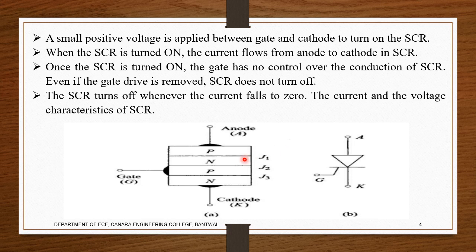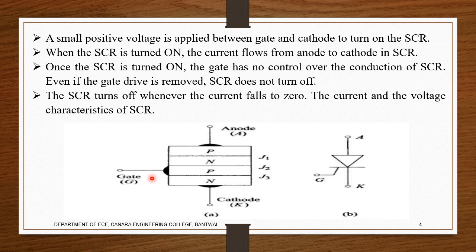But remember one condition. Unless and until you apply a small amount of gate voltage, this will not start to conduct. Hence the name gate. Gate means it is stopping, keeping this layer from conducting. The anode and cathode will be given, but it cannot conduct unless a small gate voltage is applied here. So this acts as very important in turning the SCR on.